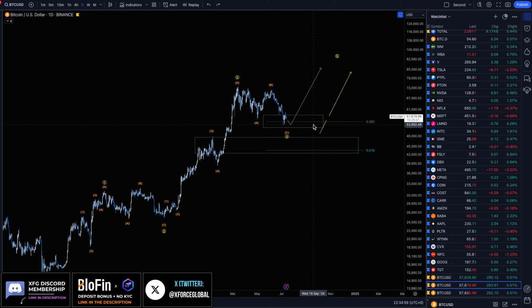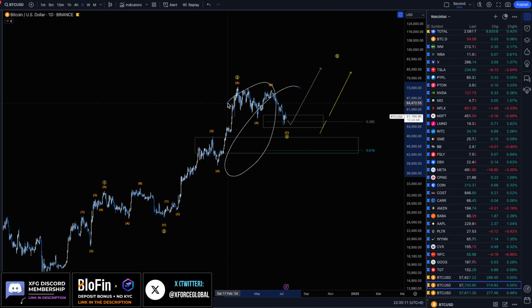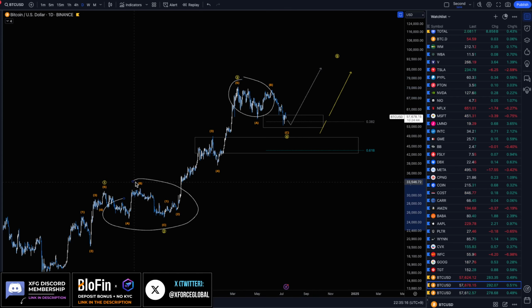So the right look all takes into consideration a proportionality where many of the waves should be proportional to help reduce any subjectivity. So for example, in an impulse wave, wave 3 should not be the shortest compared to wave 1 and 5, and the corrective waves of wave 2 and 4 should show a reasonable balance in terms of time and price. Now, these don't have to be obeyed entirely because market inefficiencies do exist,